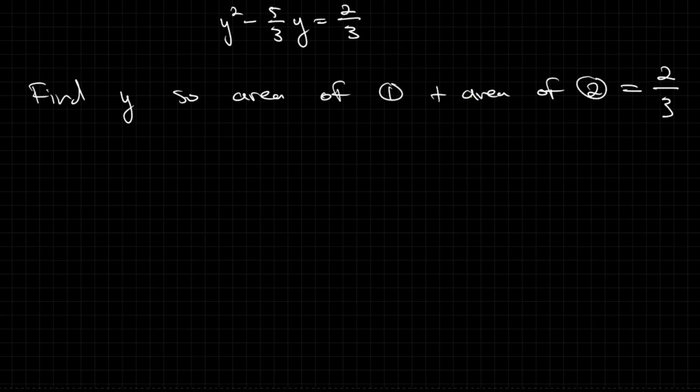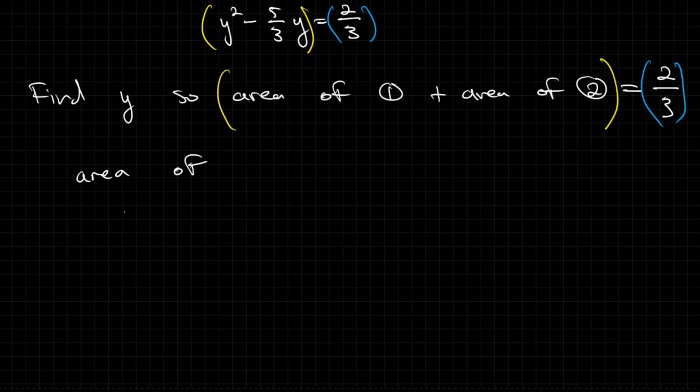So again, area of shape 1 plus area of shape 2 gives us the left-hand side, and we want to find y so that that area is 2/3. So visually, what we have is the area of this particular square,